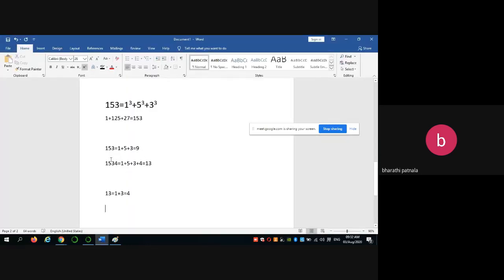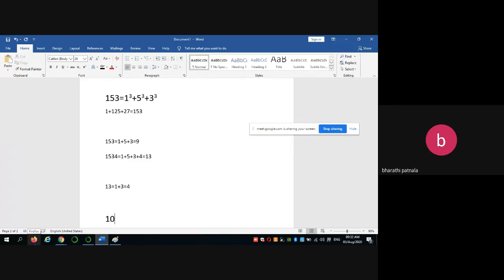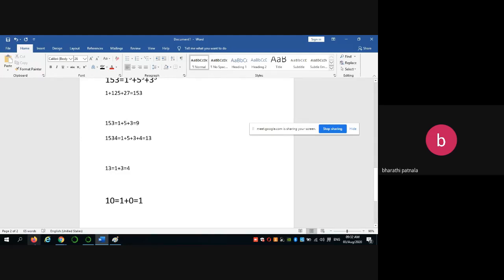Now see what you are doing. Suppose I am giving the number as 10 itself, then automatically you can sum it like this, isn't it? If this value is again more than 9, again you can do the same thing. Take a look, now I have taken 153. When 1 plus 5 plus 3 is done, the sum is 9, so I am not doing anything further. Okay.